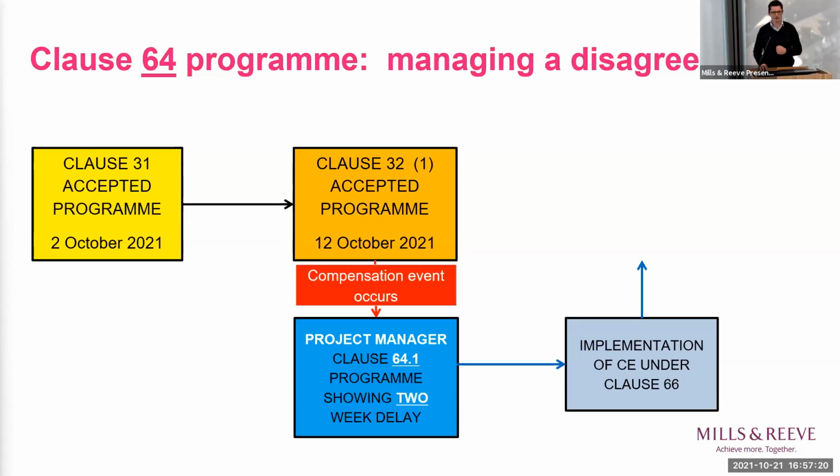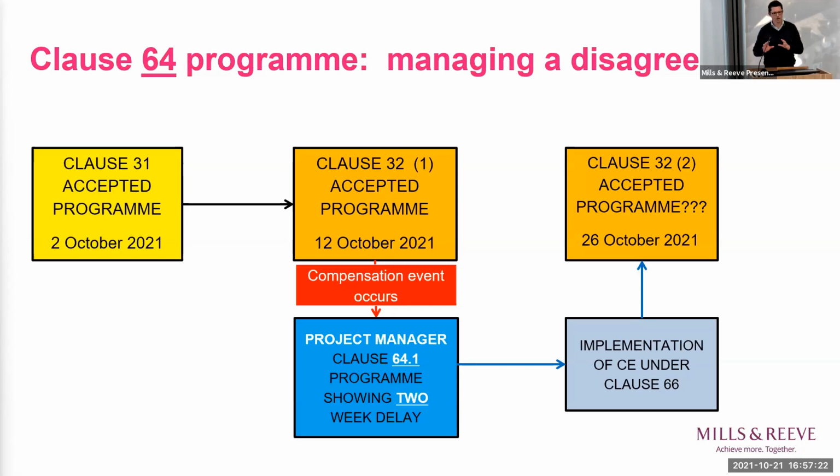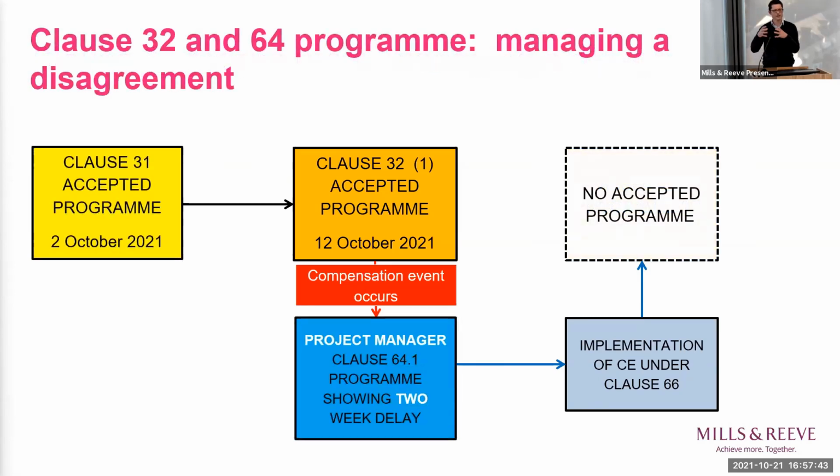That is implemented under clause 66, and that should then feed into the accepted programme as and when the contract progresses. But if the contractor digs in on that, that leaves you in a difficult position in that you have a disagreement under the accepted programme between the contractor team and the PM team,